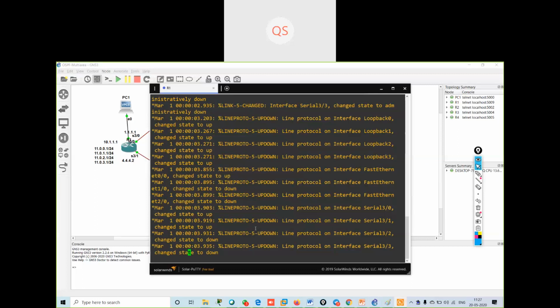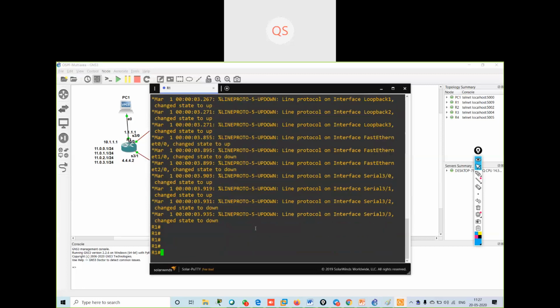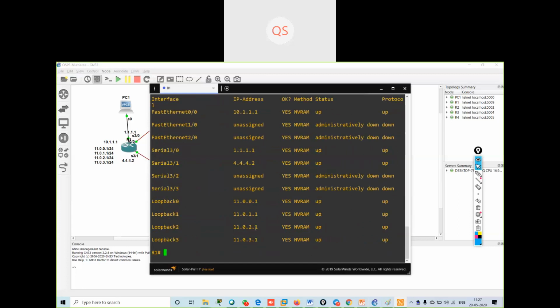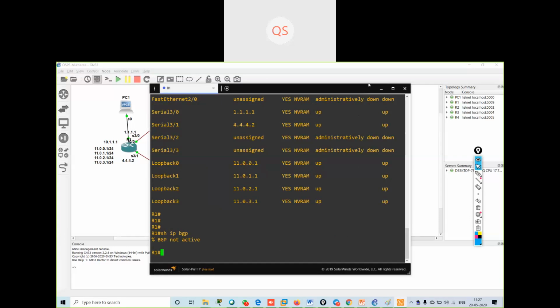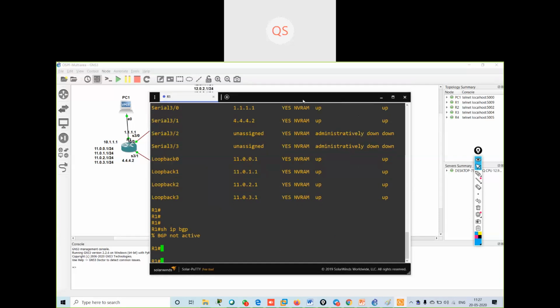I will just have the basic configuration. Show IP interface brief, the basic configuration is there. Show IP BGP, there is no active BGP.